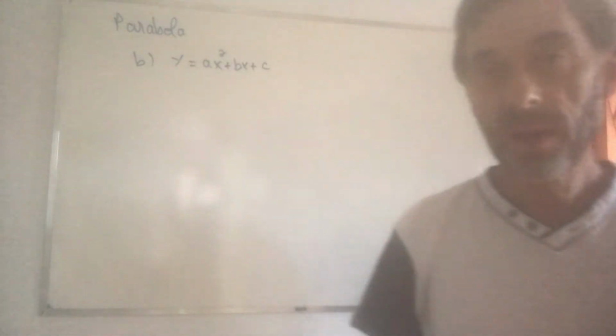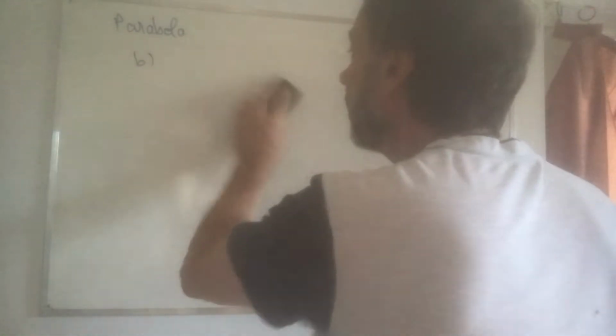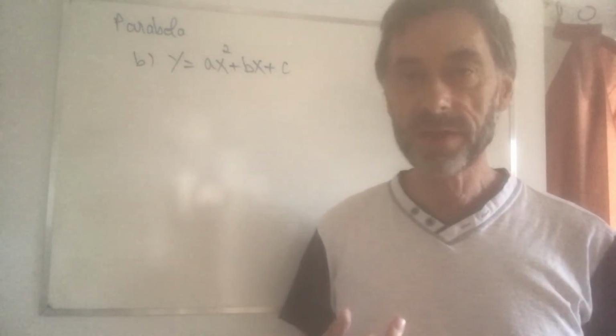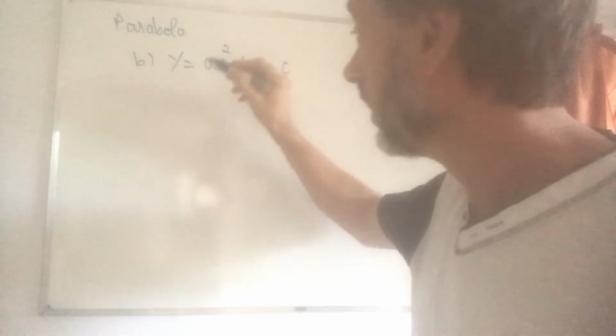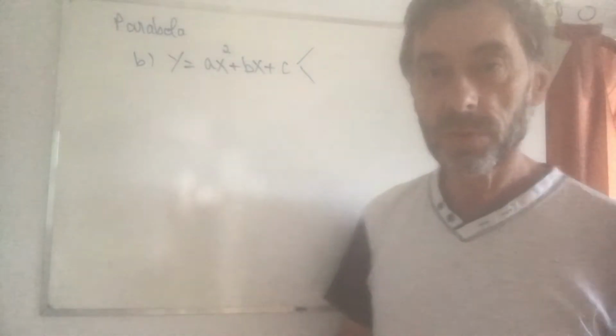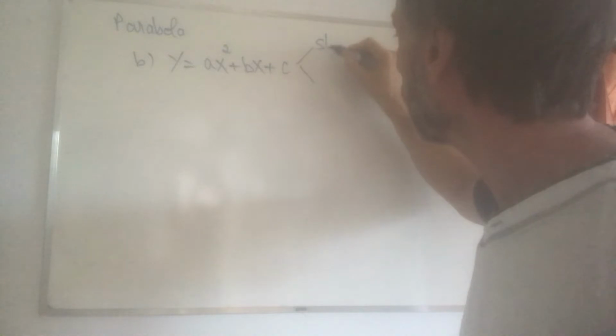If we're given the parabola in the form ax squared plus bx plus c, I'm going to write this a little larger. y equals ax squared plus bx plus c. Then there's no h, there's no k, we don't have a summit. But we're going to have to work a little differently. If we have this, then we need to do two things. Step one,